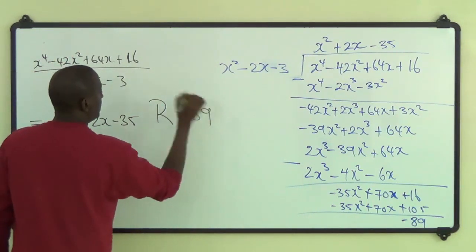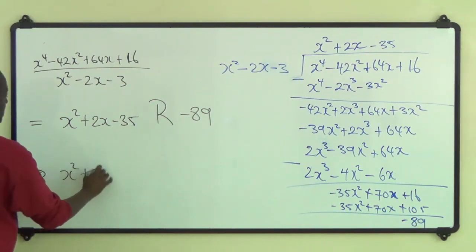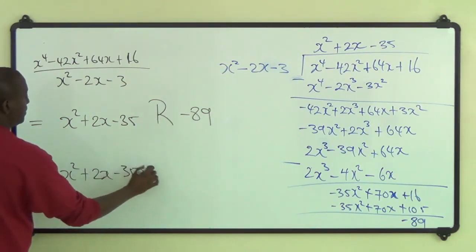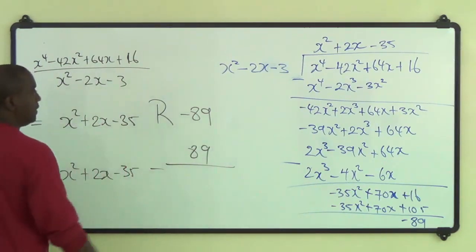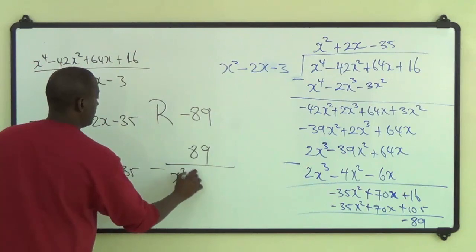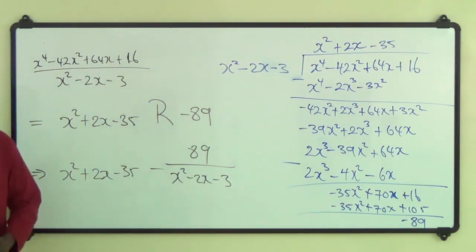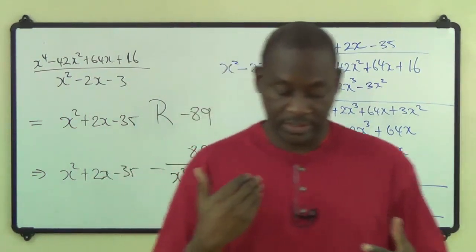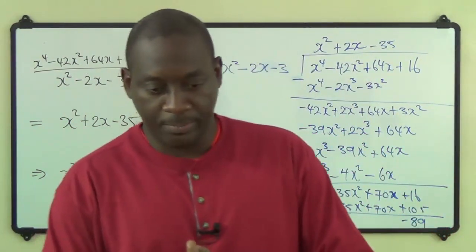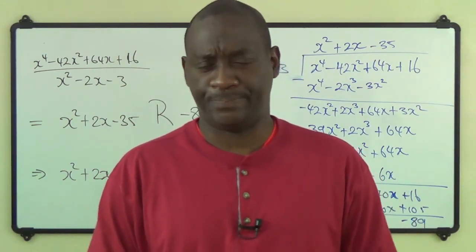Remainder minus 89, or we could write it out as x squared plus 2x minus 35 minus 89 all over x squared minus 2x minus 3. Alright? And that